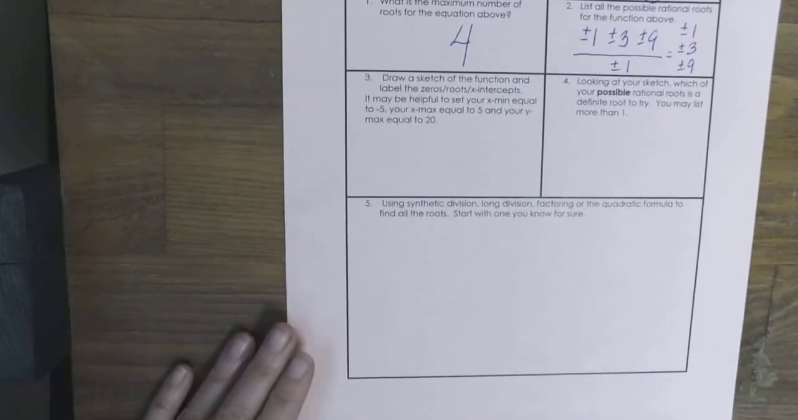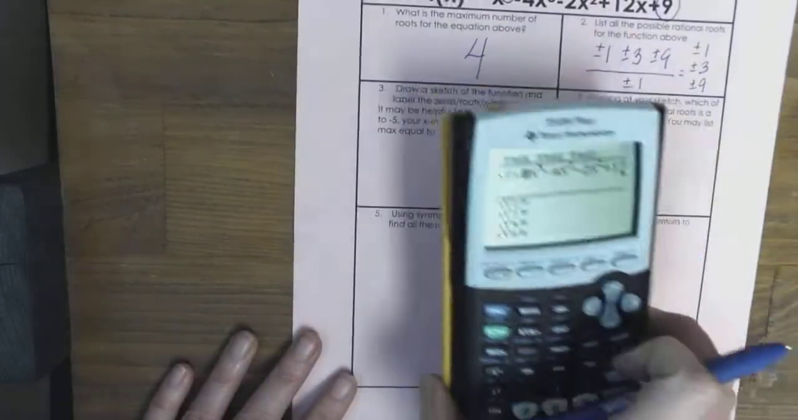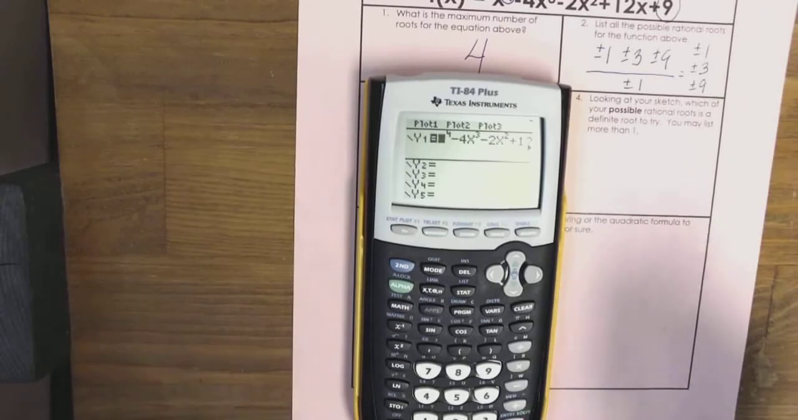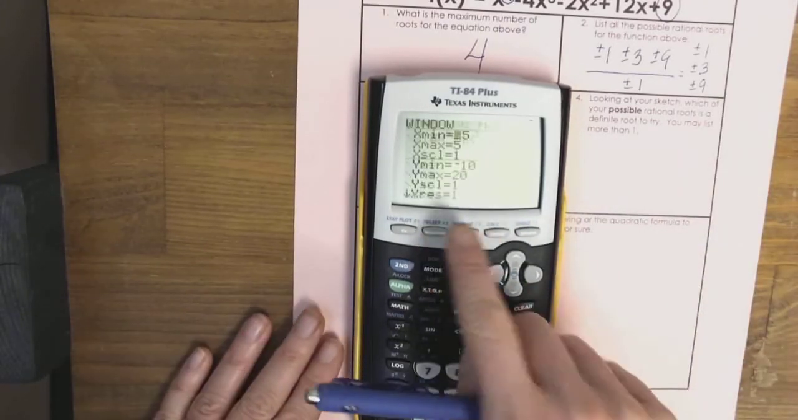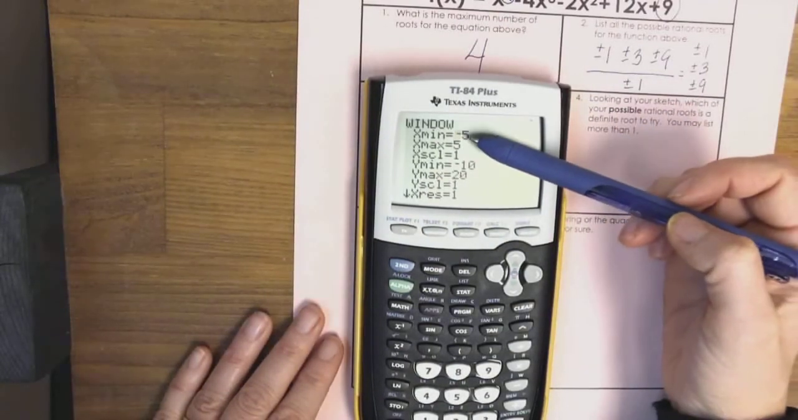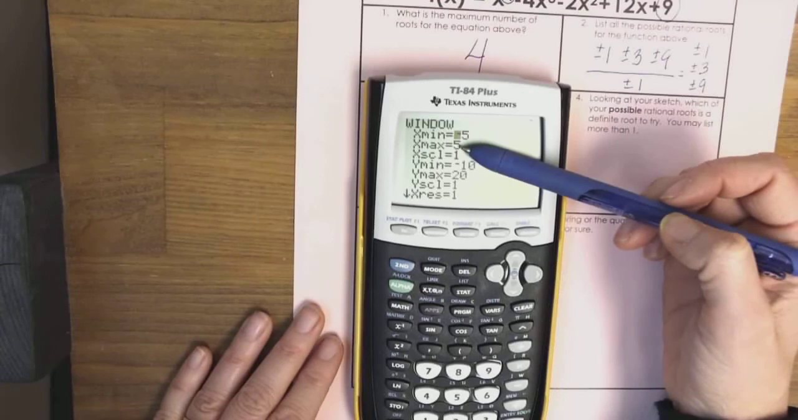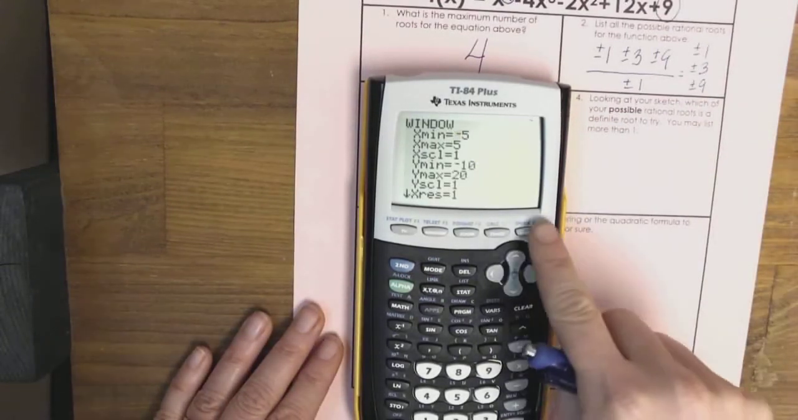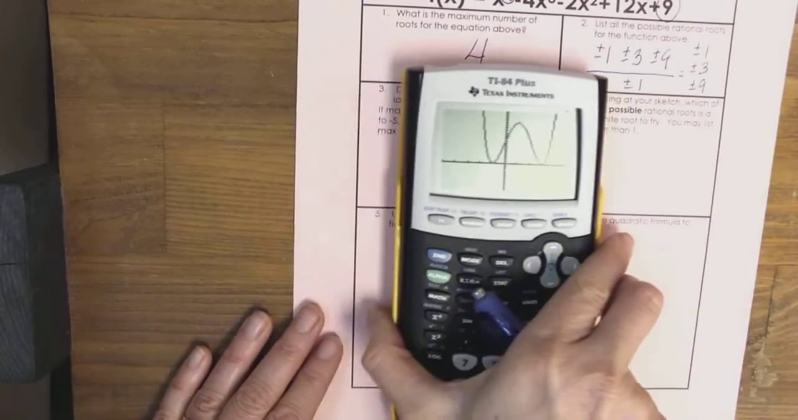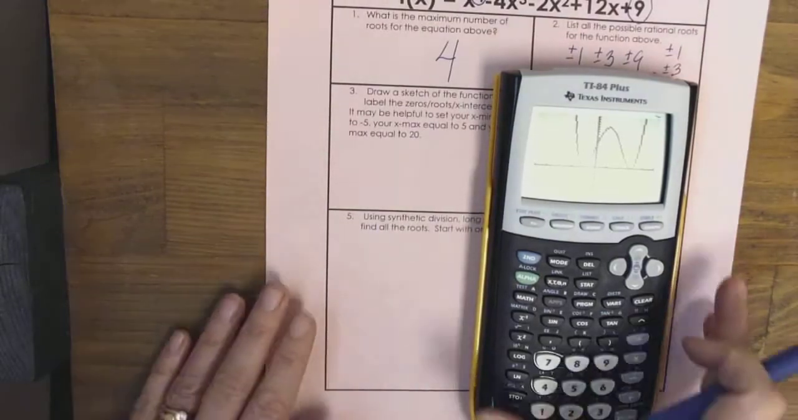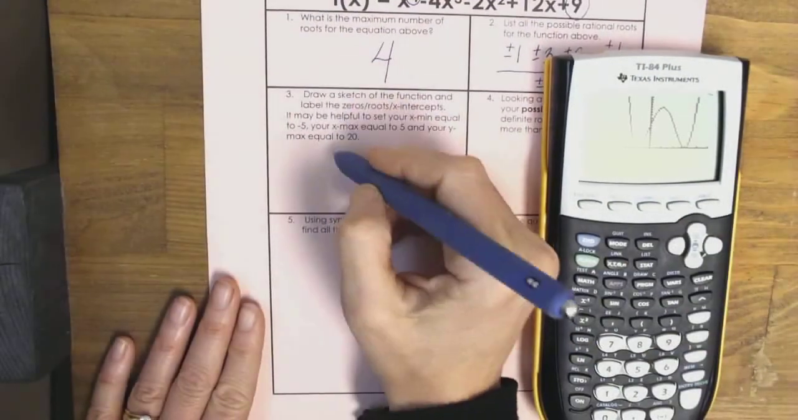Next, I said draw a sketch of your function. So you'll see that I already put it in. I already hit zoom standard, and then I went to the window and changed, on the pink sheet, the x min to -5, the x max to 5, and the y max to 20, just because I thought I could see it a little bit better. Ooh, and that's interesting. That's like a W. All right, so if I graph that and put it on my paper,